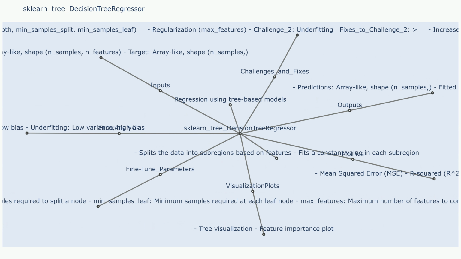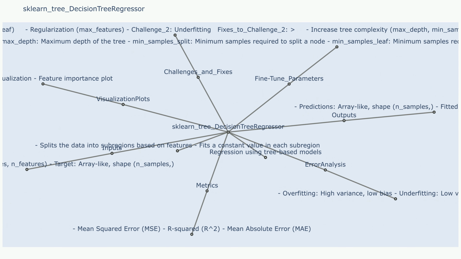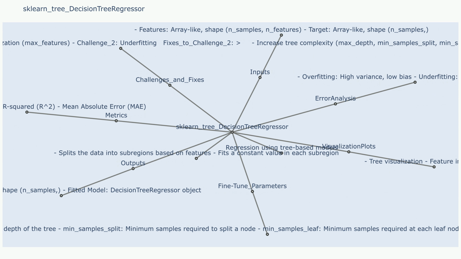Steps: Data preprocessing: the input data is typically preprocessed to handle missing values, outliers, and to scale or normalize features. Tree construction: the decision tree is built recursively. At each node, the algorithm iterates through all features and selects the one that results in the best split, based on a chosen impurity measure like mean squared error (MSE) for regression. Pruning: to prevent overfitting, the decision tree might be pruned after construction by removing branches that do not significantly improve